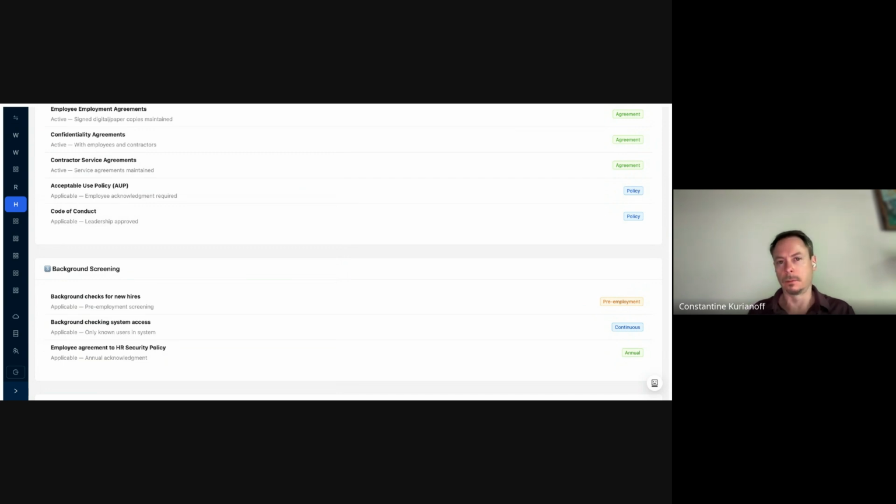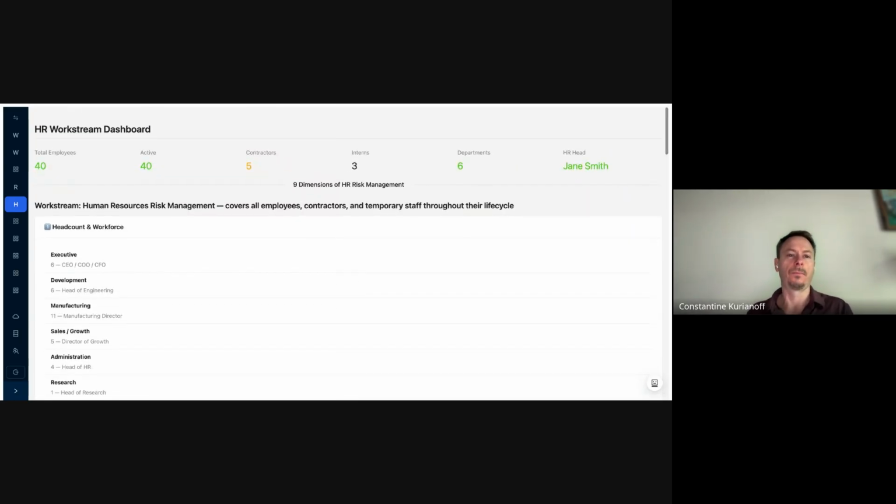And next time I'll show you the actual dashboard that comes out of it, but this is just a starting point. So you can see that it's not only theoretical, but it's also practical. It is actually practical when you have all the numbers, all the names, all the assets, all the data in place, right?